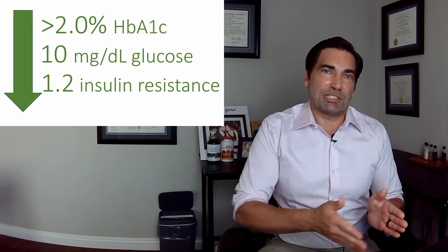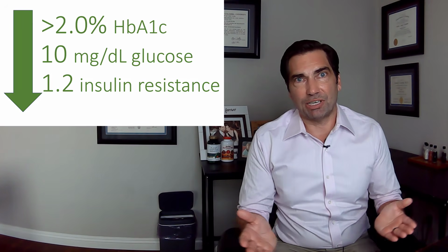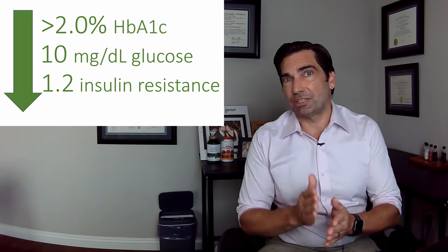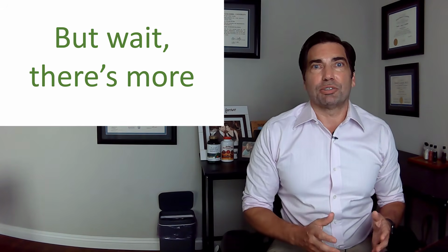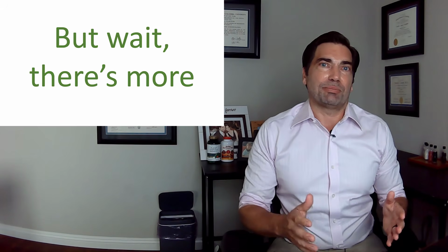So time and time again, what we see is that adding just 10 to 15 grams of fiber can have an incredible impact on your blood sugars and might be enough to move you from diabetes to prediabetes, prediabetes to normal. Pretty incredible. Now, if all this data on lowering blood sugar wasn't impressive enough, here's something that's even more